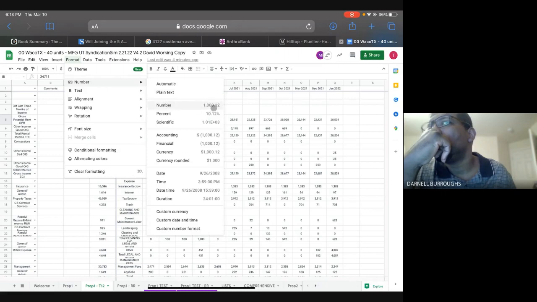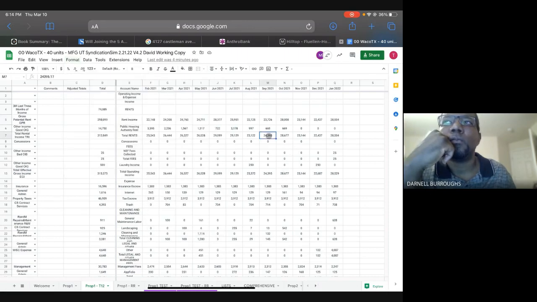And then once we have that in there, obviously this is still going to be highlighted in the background. We want to make sure that the decimal point is where we want it. So we'll go here and we'll decrease it, so that way we get no decimals like we're looking at now. Next step is going to be